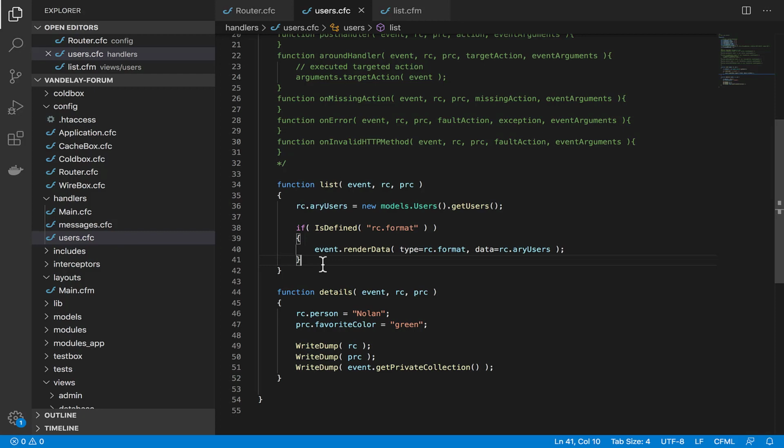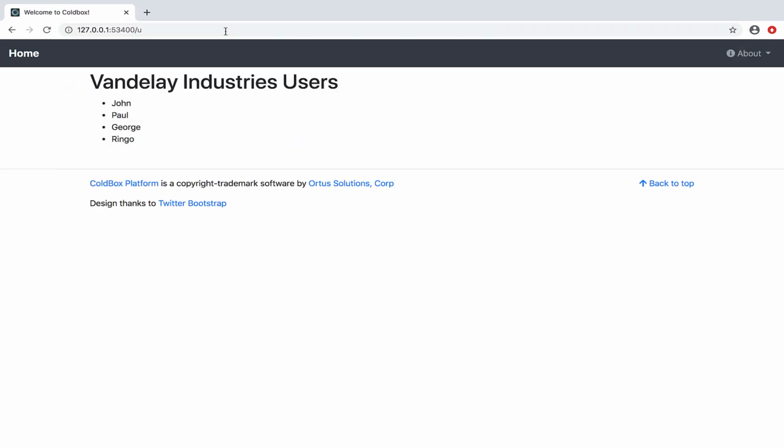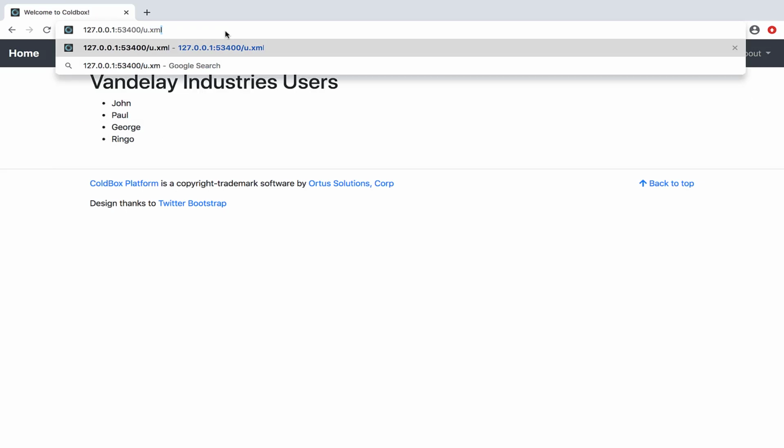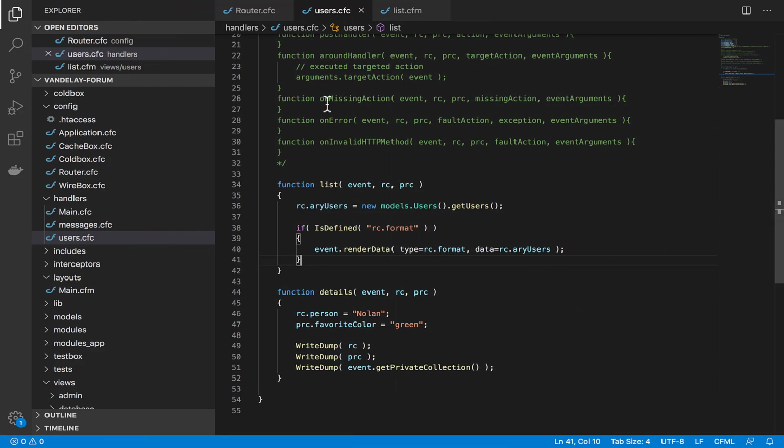You don't have to build an entire separate code base to turn a part of your application into an API. You can do everything from one code base where you have your traditional output, like so. And in that exact same view, I can simply go up here and say, also please output that data as plain XML or plain JSON, Acrobat PDF, or HTML. You can even provide custom formats to your data if you want to get really, really fancy with what you can do in ColdBox. And all of this is being done basically by just this one line of code here